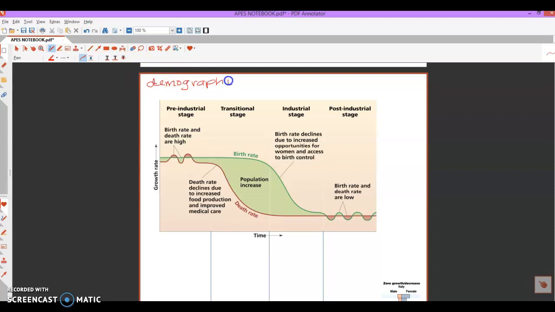Demographic transition. Now, remember that demographic or demography means the study of human populations. So this is going to be the transition of population growth. Okay? So demographic transition refers to the transition